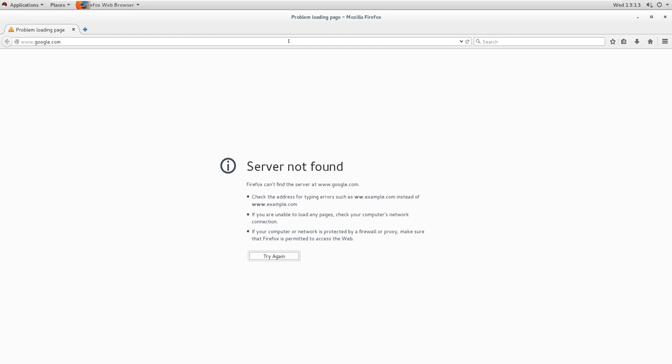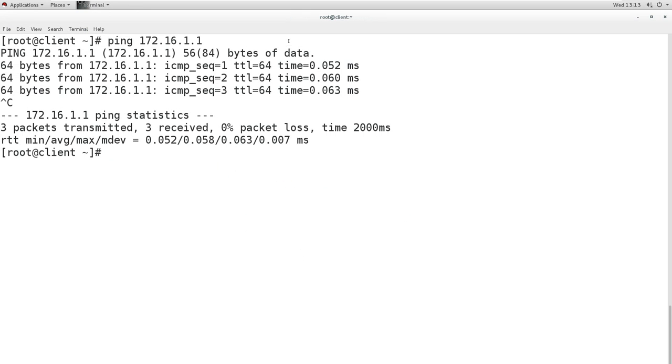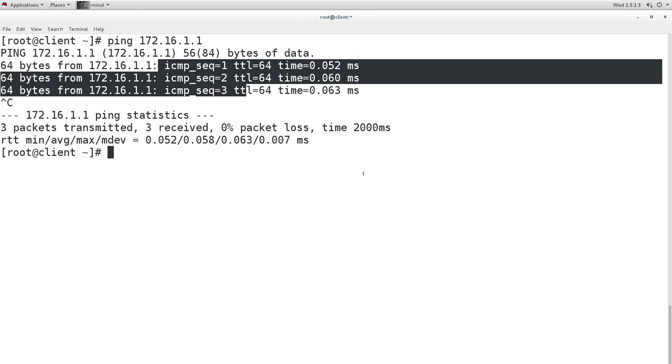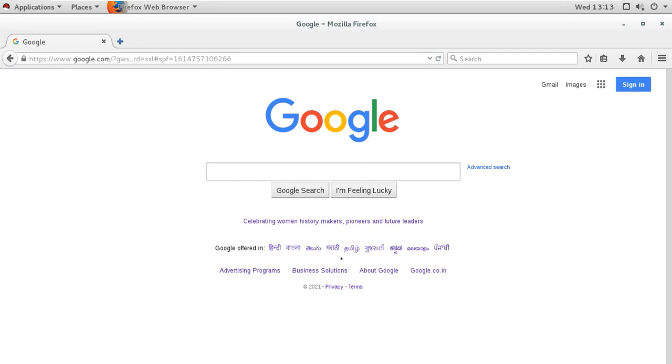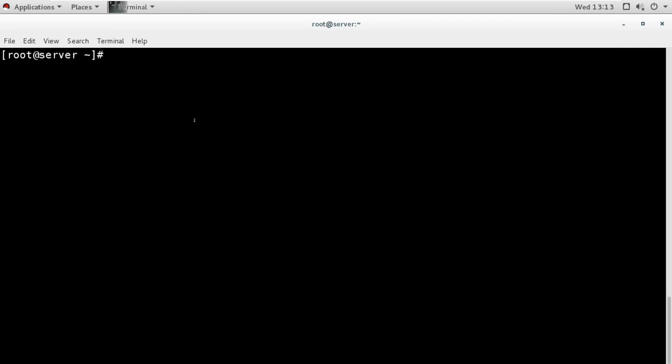It is only connected to the server. So it can connect to the server, but it cannot go to the internet. Now we will configure the server as a proxy so that the client can access the internet through the server. So the server can access the internet. Now I will configure this server as a proxy server.